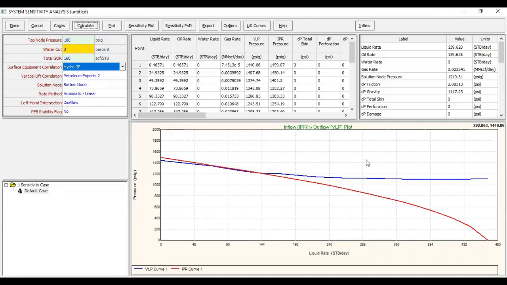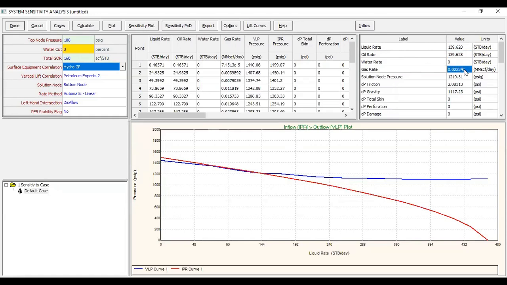All right, very easy. This is my nodal analysis with wellhead pressure of 100, water cut of 0, total GOR of 160 SCF per STB. You can see in this system we can flow. Why? Because there is an intersection between the VLP and the IPR. The VLP is the blue line, whereas the IPR is the red one. You can see the result: liquid rate 140 stock tank barrels per day, with the same oil flow rate because we have water cut of 0.